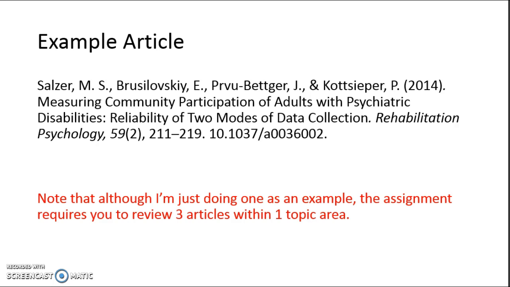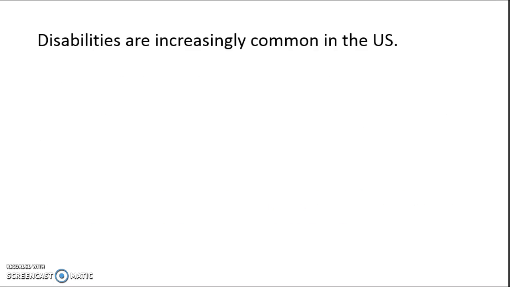Note, in science, part of being skeptical is backing up your facts with scientific research. So if I wanted to write, disabilities are increasingly common in the U.S., I would need to find some research to support that and cite that accordingly. If I cannot find any research to support it, or if the research actually indicates that I'm wrong, I should either soften the language to indicate that it's not a fact or take it out altogether. You do not have to start with additional research though. You can simply frame your introduction as more general information and go from there.